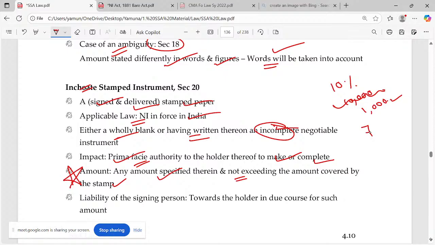Probably if the amount involved is only 7,000, yes, you can fill it. Originally the amount was entered as 5,000, but because you have paid stamp duty for 10%, you can directly go for it, because up to 10,000 it's 10%. So what you can do: you have paid 1,000 rupees, so till 10,000 is valid. The document is valid too, because it's incomplete. You have to fill up any figures.